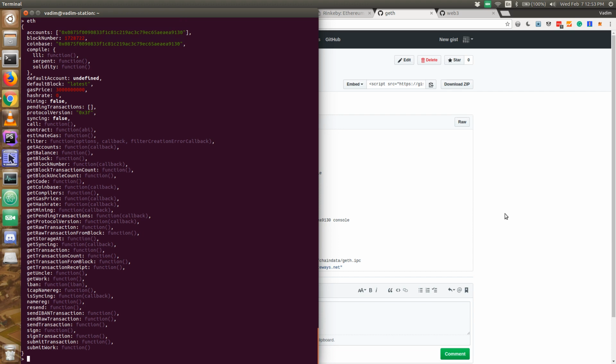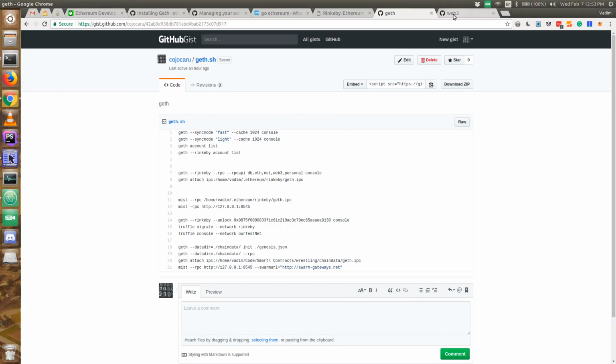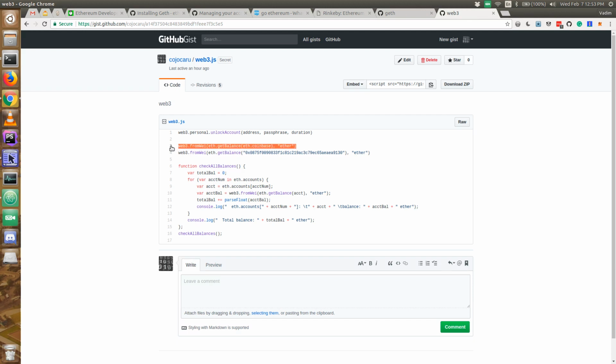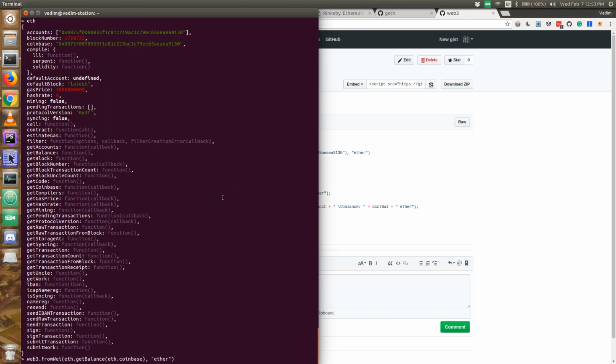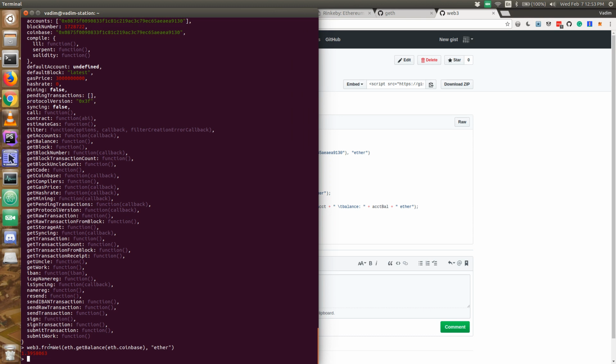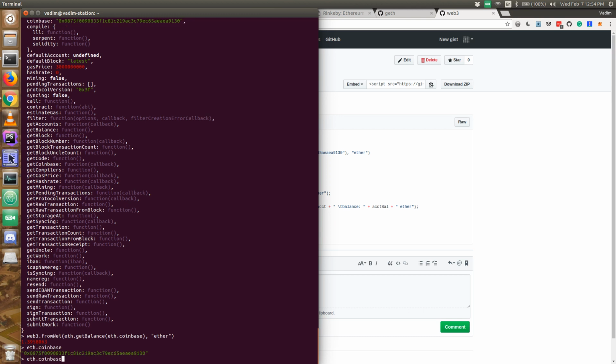So let's try to do some test here. For example, I can check my balance with this function. As you can see, we get the Web3 API, call the function fromWei, which will transform from Wei to Ether, get the balance of this address, which if we call it .coinbase, it's this address. We can run the same command, but instead of this we can specify which address exactly